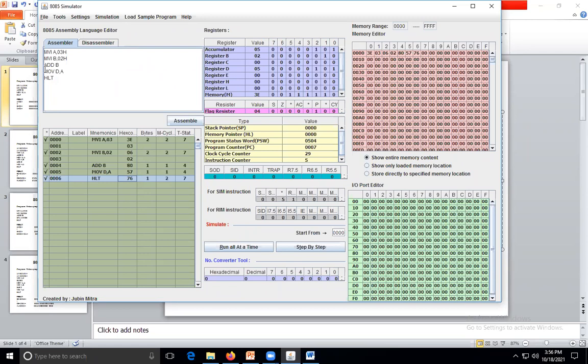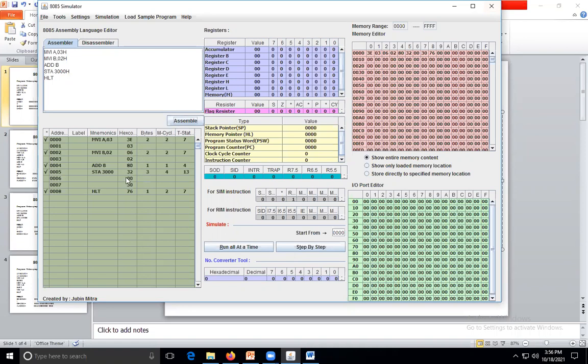Okay, so next we have to store the result at a location. Suppose I want to store this value at some location, STA 3000H. Here I stored the value in register B, but I want to store this value, the 05 value, at location 3000H, which is 16-bit. We have to store the result there. See, assemble the program.